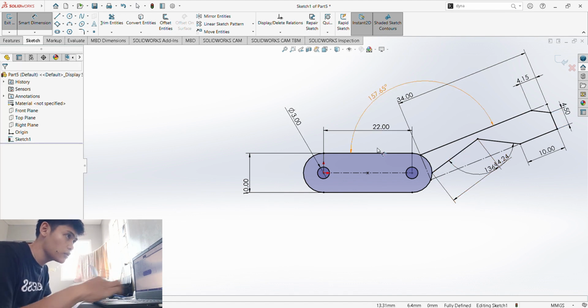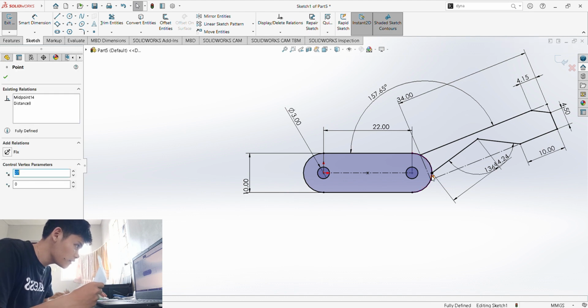So what's wrong right here is that it shouldn't have been fixed right here.